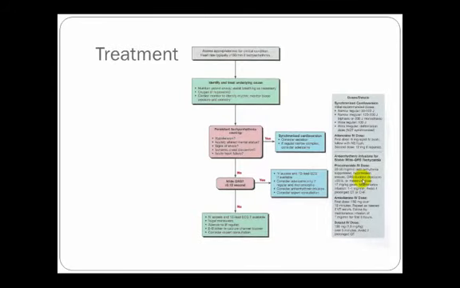As far as treatment, this is the American Heart Association's 2010 treatment algorithm. A good thing to start with would be to identify the underlying cause, put the patient on some oxygen if they're hypoxemic, cardiac monitor, wire them for sound, get a 12 lead. If they are